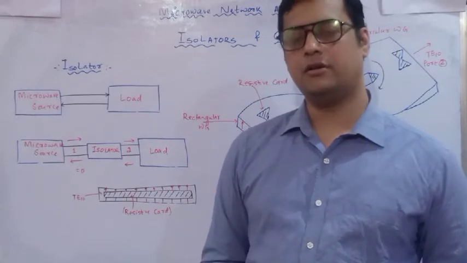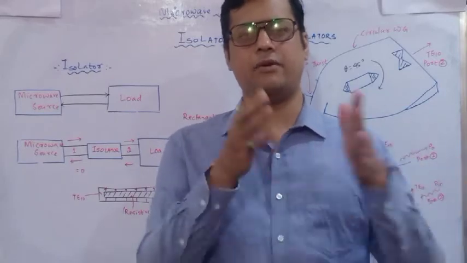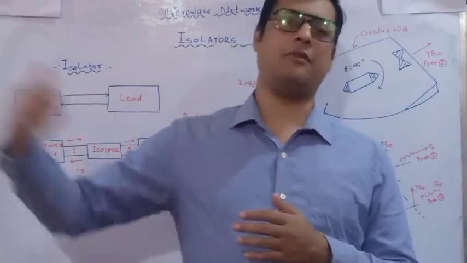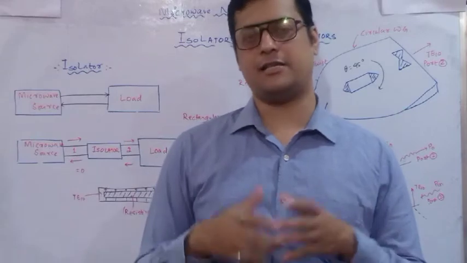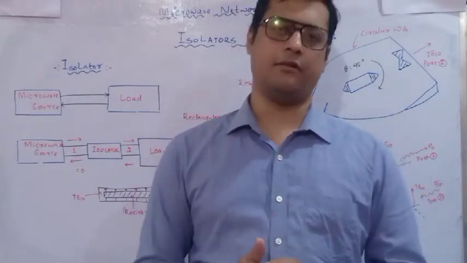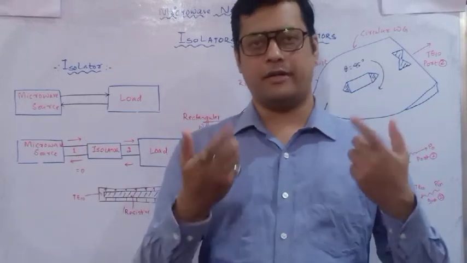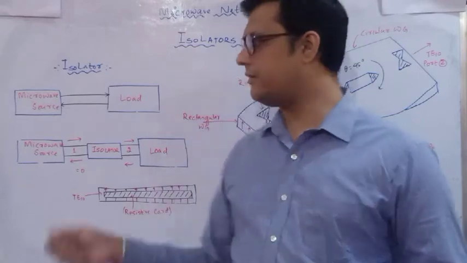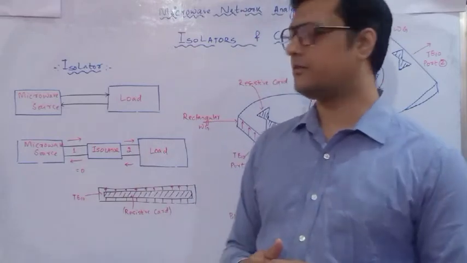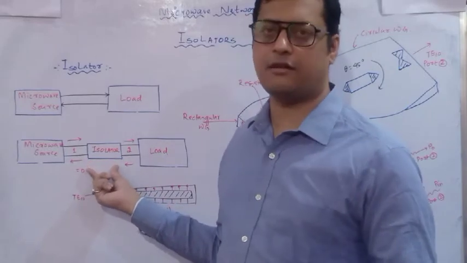So what we will do is arrange things in a certain manner so that this reflected wave will be obstructed and will not reflect back to the generator end. That is our motive, so that we can deliver maximum information at the load without interruption or any sort of attenuation from the load end. Okay. So for that, you can see here I have used one small box that is called an isolator.